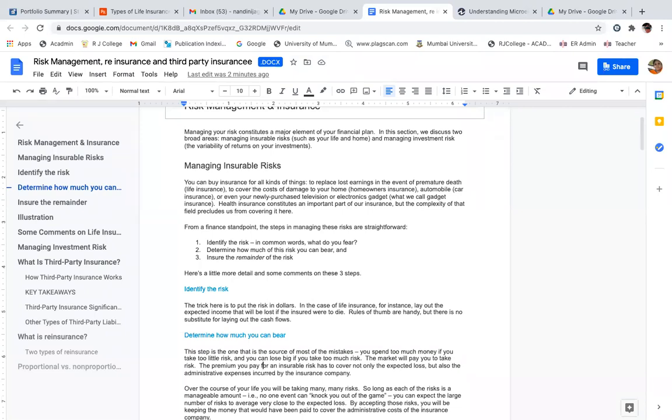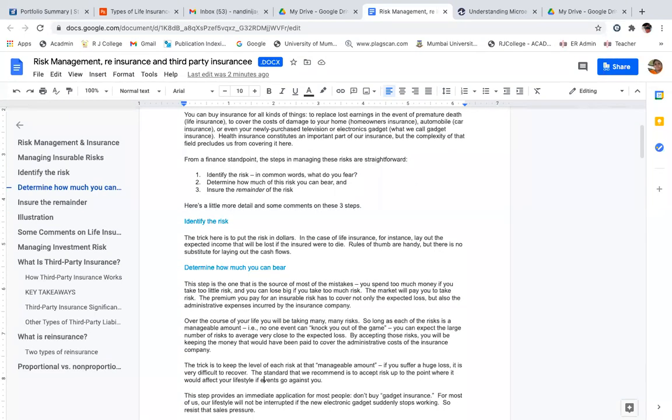So how much of it can I bear? How much of it can I not? So what I will do is, I will decide on, like say if I want to insure my life for 2 crores, then I will start paying premium, right? And I will see how much premium I can pay, so that the expected loss that is going to be occurring to my family is borne out.